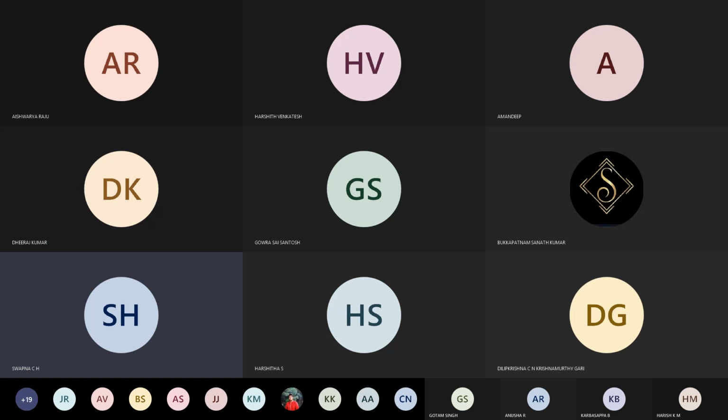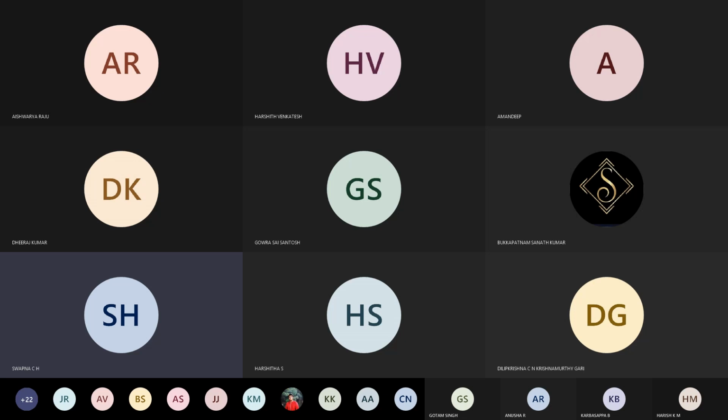So binary to decimal, octal to decimal or hexadecimal to decimal: here we need to take base power. Before the decimal point, you need to take positive powers, and after the decimal point, you need to take negative powers. If it is binary to decimal, you need to take 2 power. If it is octal to decimal, you need to take 8 power. Hexadecimal to decimal, you need to take 16 power. This is how we go on.